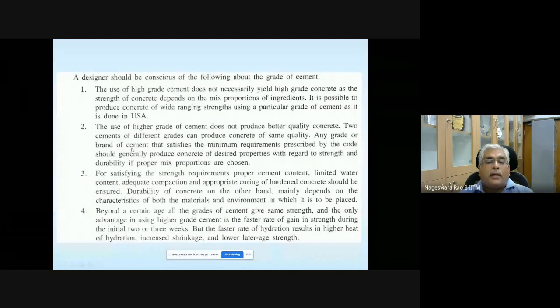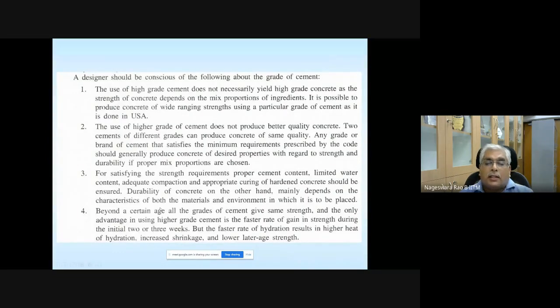Any grade or brand of cement that satisfies minimum requirements prescribed by the code should generally produce concrete of desired properties with regard to strength and durability if proper mixed proportions are chosen. Okay, so higher grade doesn't mean your quality of concrete is higher, or that you are going to get higher strength concrete.